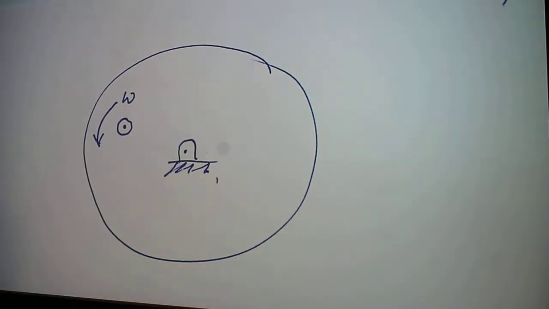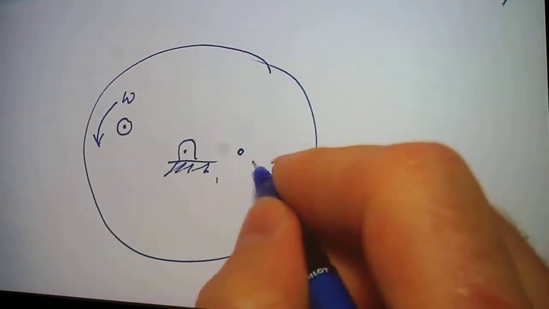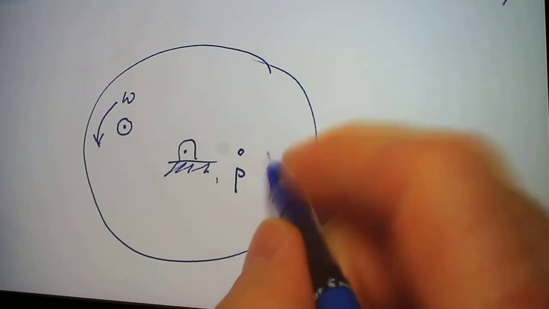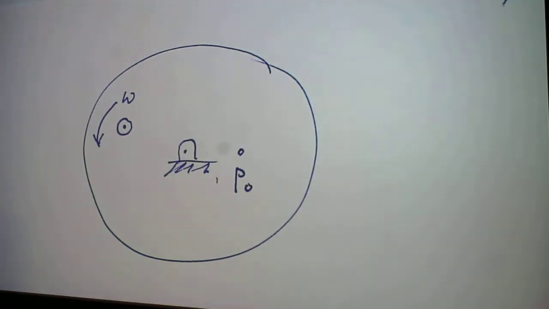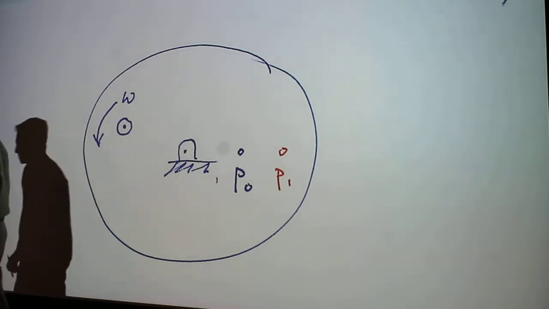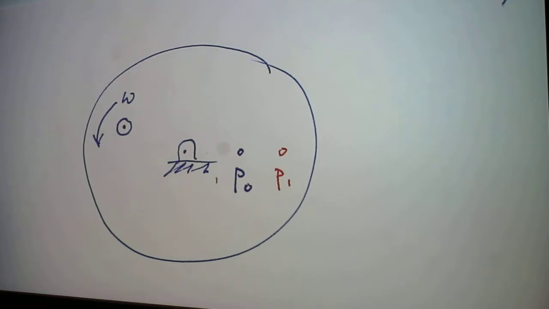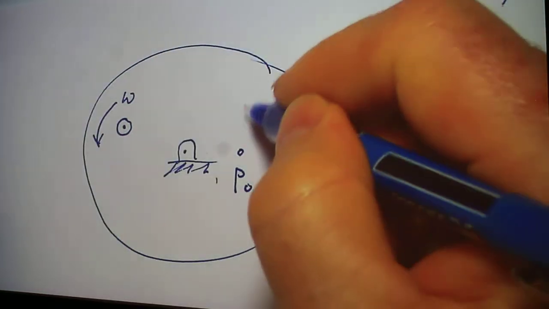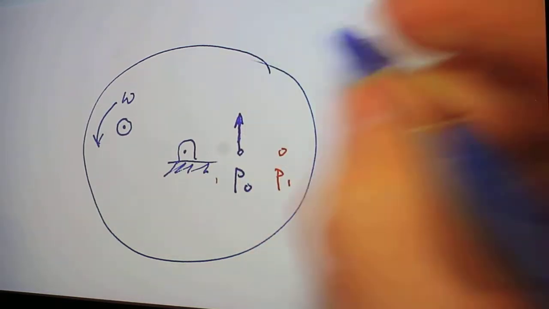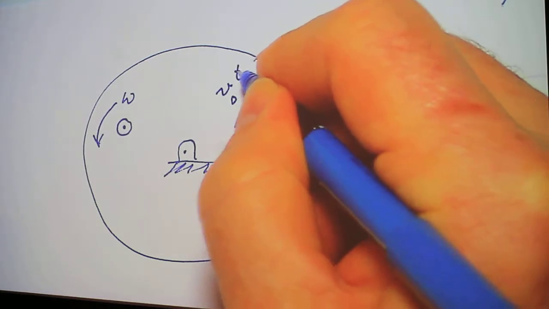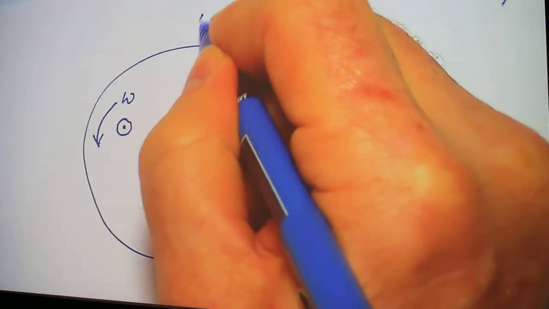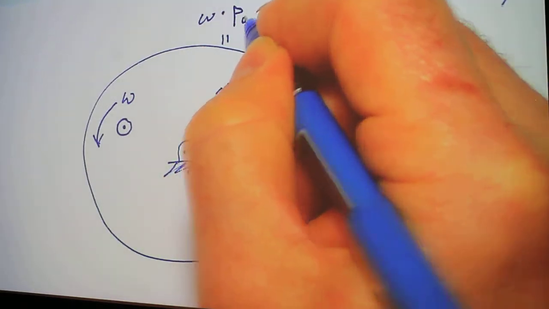And say I have a point P here, and I'll make it easy, we'll just do it at theta equals 0. So if I have P here, let me call this P0. And let me call this one here P1. So I have two locations on that disk, P0 and P1. If I look at this velocity right here, if I'm moving like this, the velocity is going straight up. So that is the V0 tangential. All right? And that is equal to omega times the distance from the center,